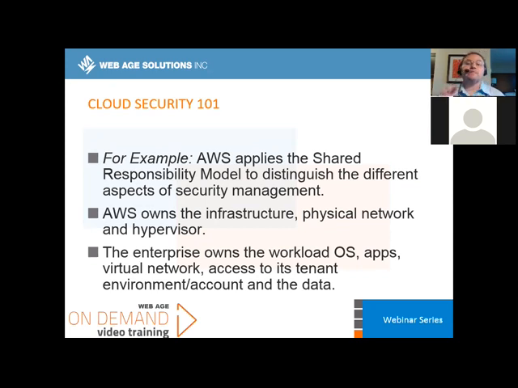So the enterprise, you as an organization, what you need to focus on is when I deploy that AMI, and an AMI is an Amazon Machine Image. That Amazon Machine Image could be whatever Linux version that you want. For example, if you're going to deploy the Amazon version of Linux, you could do that. You could deploy SUSE, you could deploy Red Hat, etc. That's up to you. But when you deploy that template to that VM, you then need to